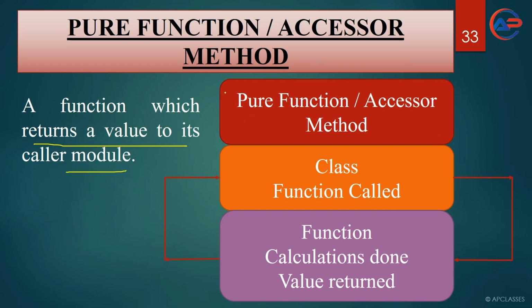You can look at this diagram, where we have a pure function. You have written a class. You are going to call a method, and this method is going to return some value to the caller method. So this is called the called method, and you can see that a method is called from here, right? When a method is called from here, you are going to move to that method. This is method 1, let us assume, and this is method 2. This orange part is method 1 and this violet part is method 2.